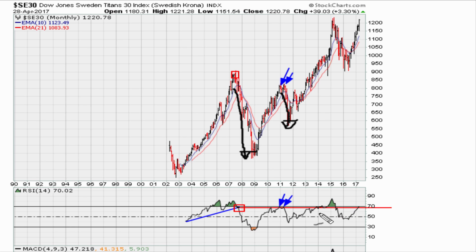We finally moved above the red line somewhere here for this entry. We go into a nice bull market run until the end of that movement here, and now we are coming back to test that line. So failure to move above this red line and to stay above it might suggest one can expect a pullback here,